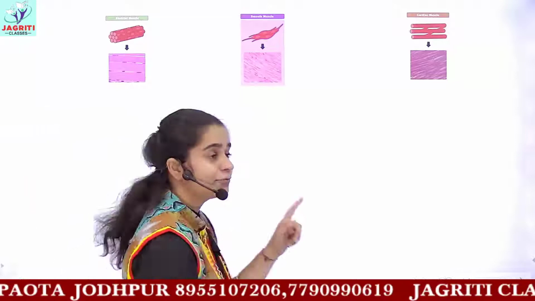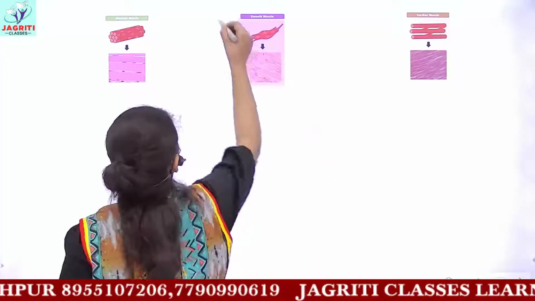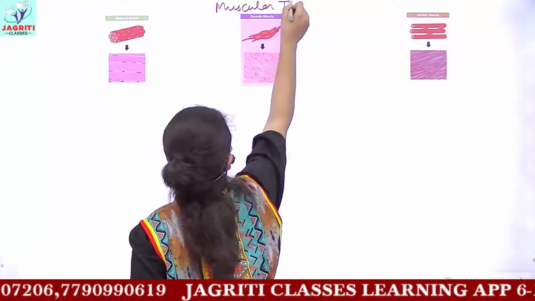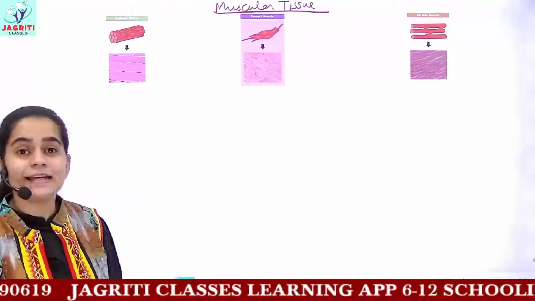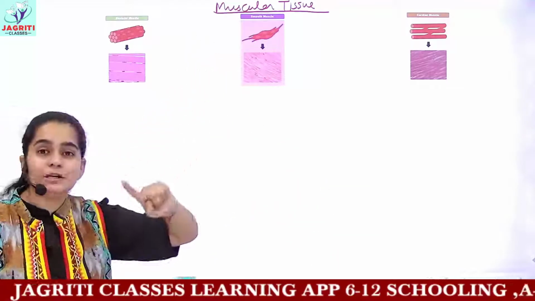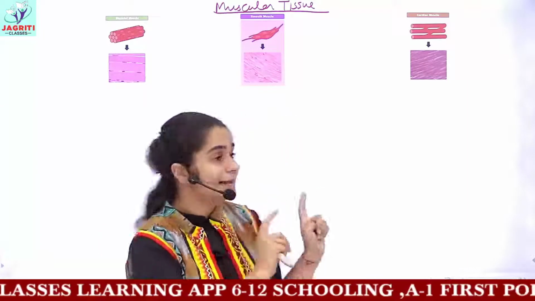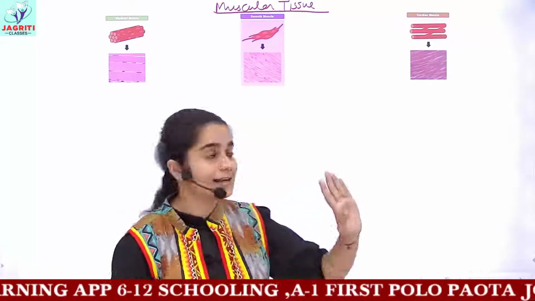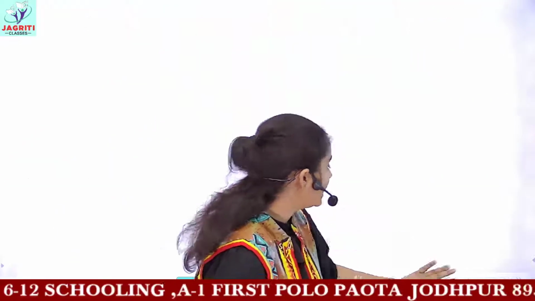Now, what we have to study is the third category of tissue found in animals, which is your muscular tissue. The first one was epithelium, which we discussed in the previous class. Then the connective tissue we have completed now, and then moving on to the third category, that is muscular tissue. Before this, we can add some general features about muscular tissue.